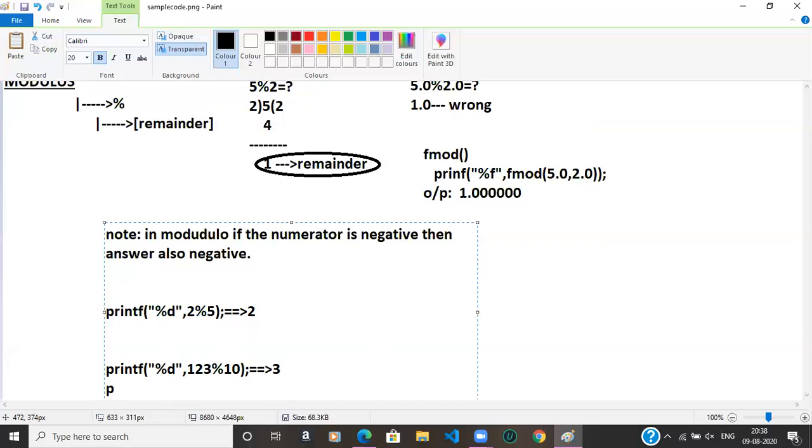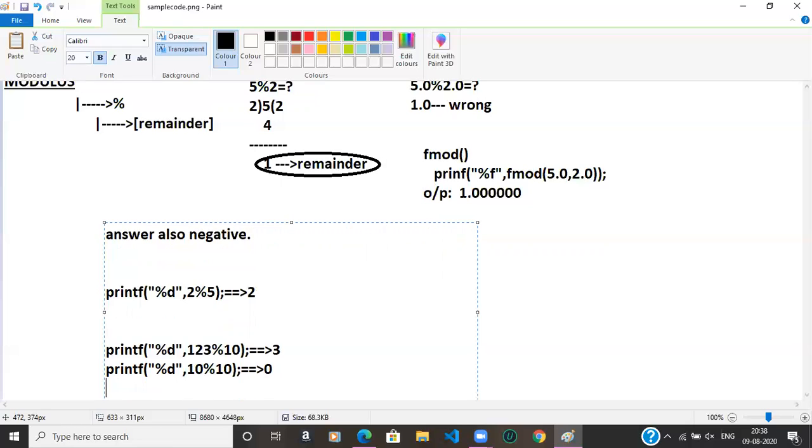We will see one more point. printf %d, comma 10 modulo 10. What will be the answer? We have discussed that the last digit is nothing but 0. 0 is the answer.